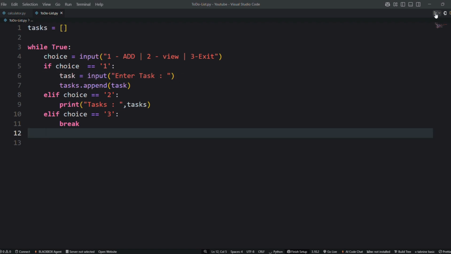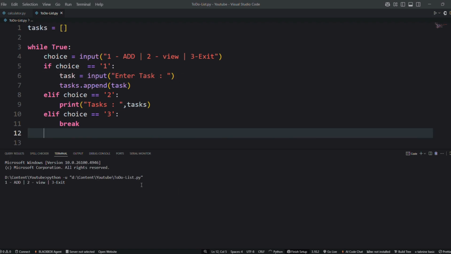It's super basic, but it works. Let's run it. If we run this, if you press 1, we can enter the task. If we press 2, we can see the task is added.